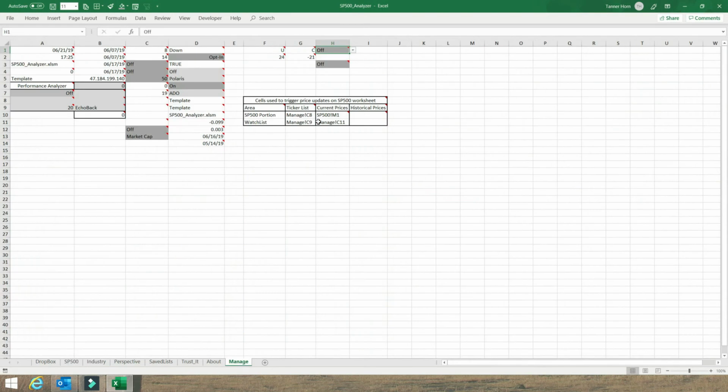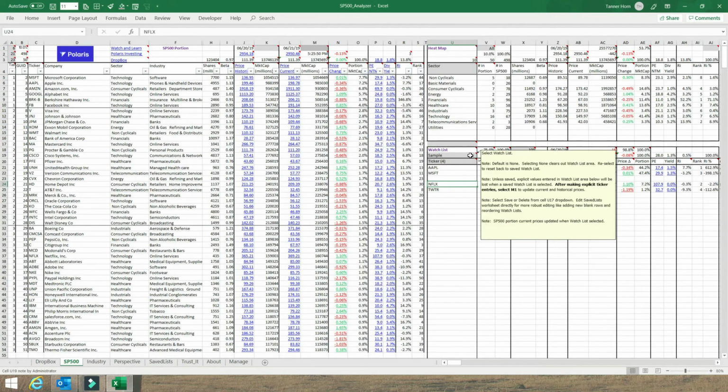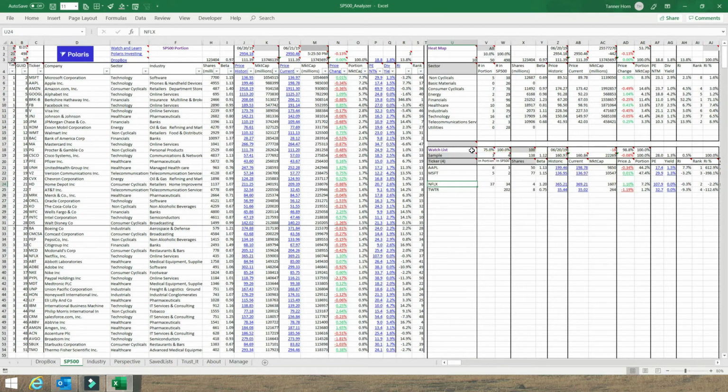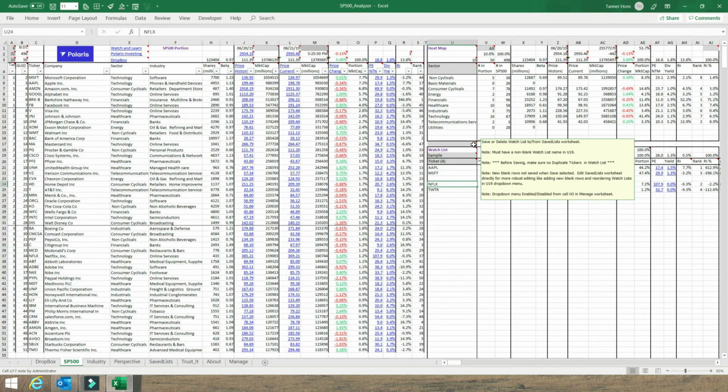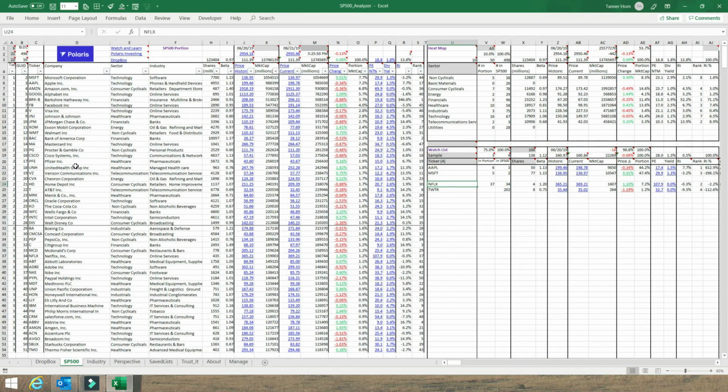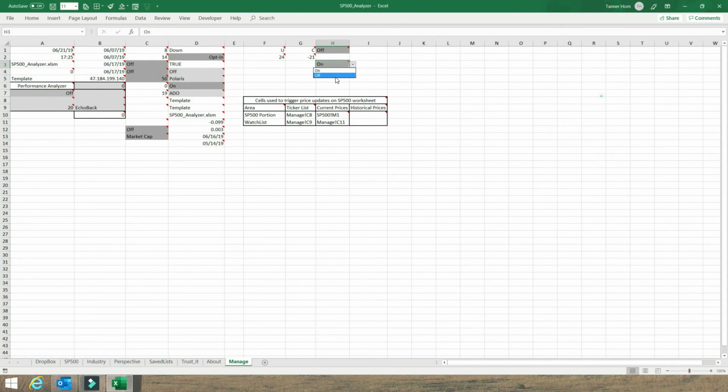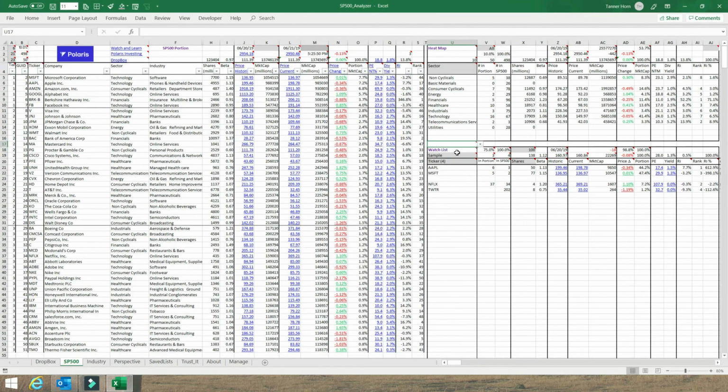All right, the last one we want to talk about here has to do with save and delete. There's a whole video on saving and deleting watch lists. This just is a reminder of how you get that feature shown here on the S&P 500 worksheet. And so what we're looking at here is in cell U17, you get now a gray box of which you can select save and delete. And if I go back and turn this off, you'll see that you no longer have that gray box